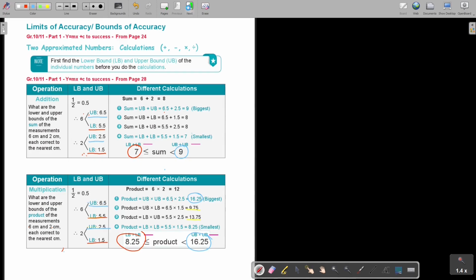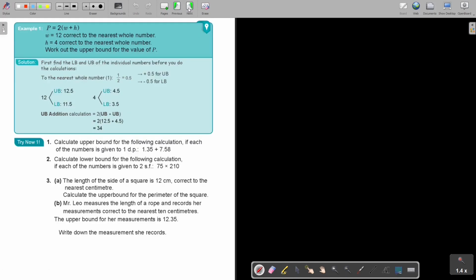And let's start. Let's go to the first. Okay, I'm going to start with this example 1. Now, I give you a formula. There's the formula. Okay, let's just get a better color to see. There is my formula. And I say W is 12 correct to the nearest whole number. Now, as soon as I say a whole number, I refer to 1, so it's 1 divided by 2,